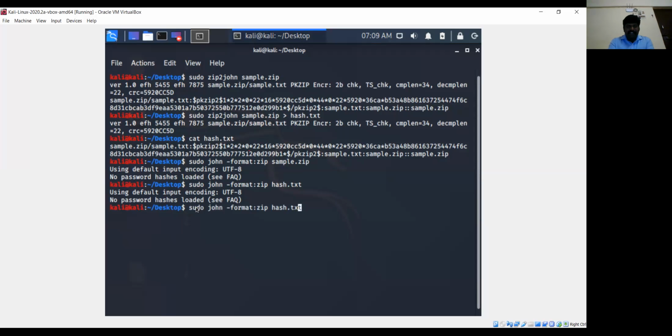the better thing is that I can reduce the complete format, because from the hash text it is going to work. There is no need to use the zip file. The format zip is not required actually. From the hash.txt, the hash code which is produced, the password has to be extracted, right? Let me check with this, sudo john hash.txt. Hope this will work.